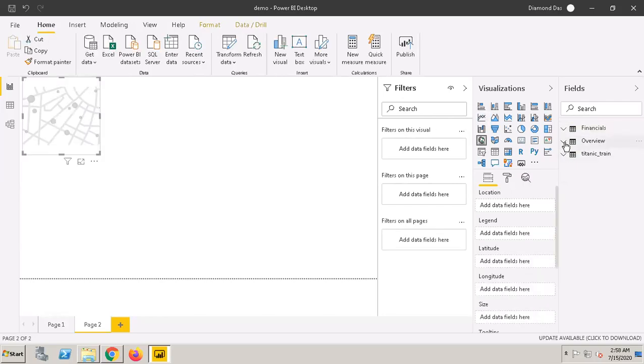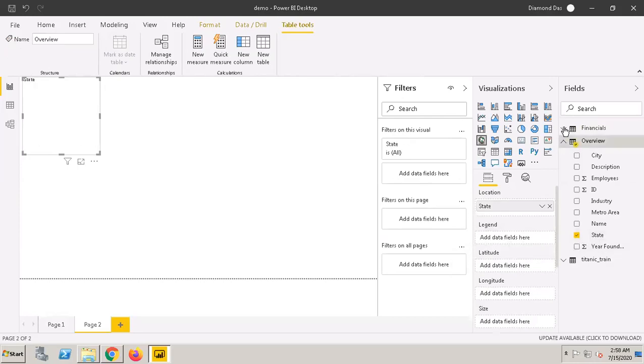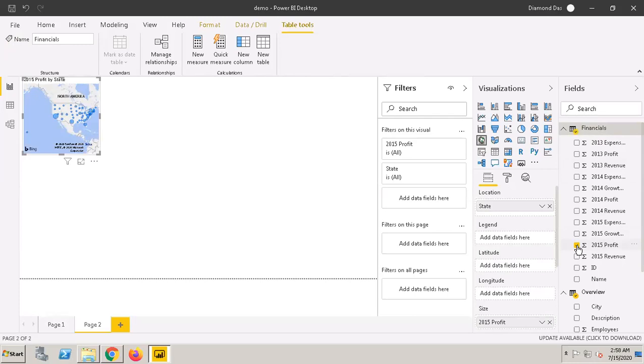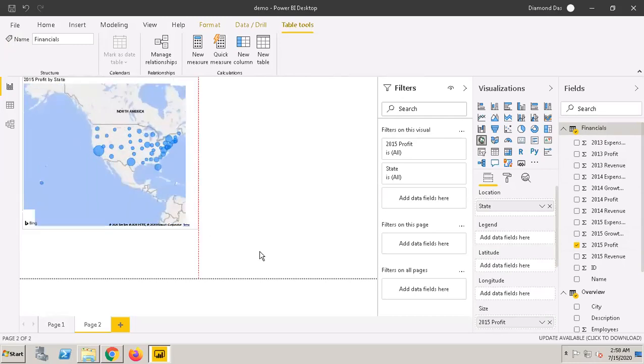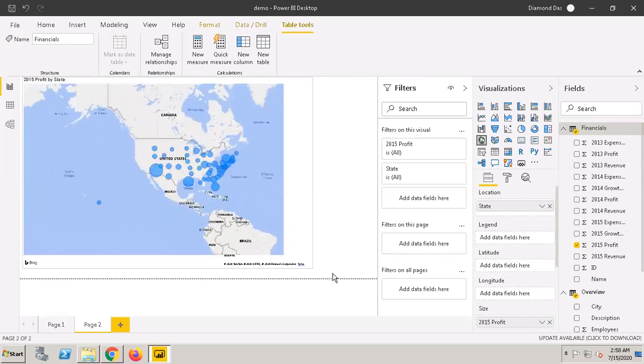In the map visual, I'll use the states, and then I will use the growth, or I'll just use the profit. So now these are the different.